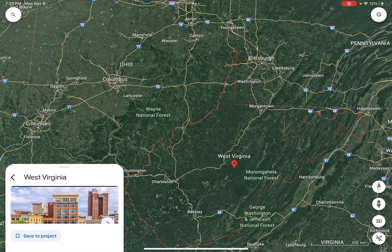Because West Virginia, it's not crappy to live in. People say West Virginia is so bad because, okay, maybe the healthcare might be bad and the education might be bad and the crime might be a little above the national average. But on the bright side, West Virginia might be mostly forest, but it is cheap to live in, and the cities are really calm. They might not be that vibrant, but they're calm, they're nice, and there